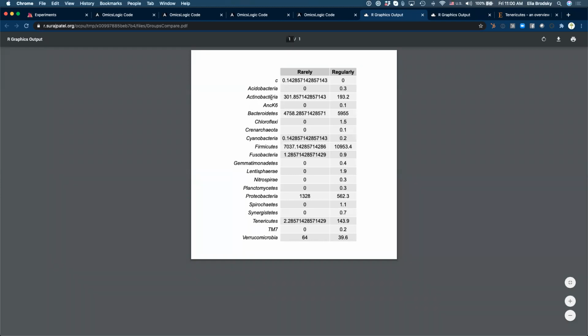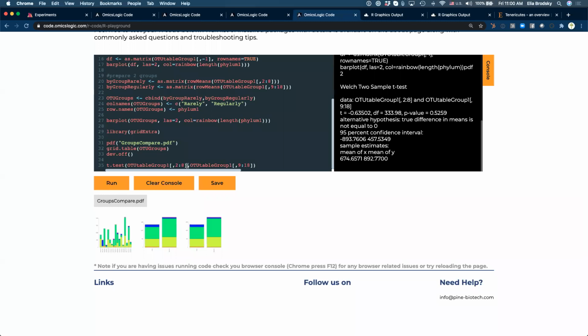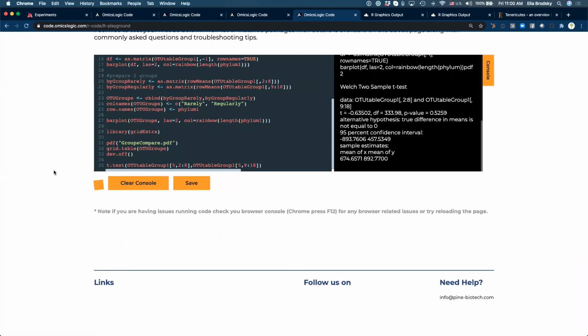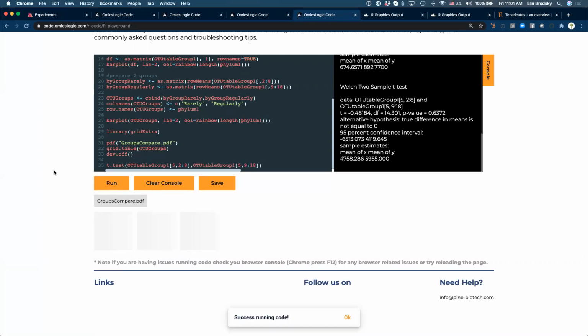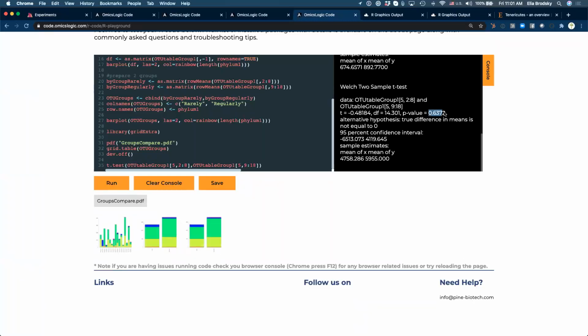So this is 1, 2, 3, 4, 5. Row 5. Okay, so you see that the p-value is not good, because there is a lot of variability, so we could just be getting these differences by chance.